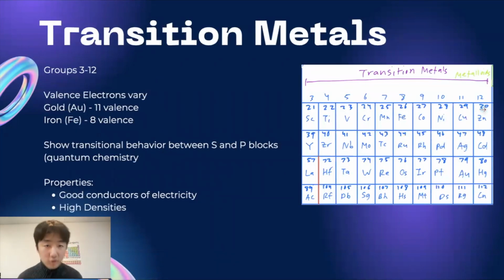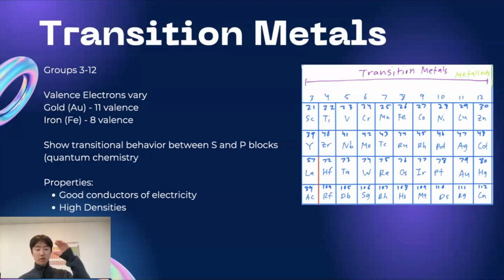To transition to the next slide, transition metals. You get my joke. These are group 3 to 12. Valence electrons vary according to the column. So for gold, since it's column 11, it has 11 valence electrons, and for iron, since it's column 8, it has 8 valence electrons. It's named a transition metal because it has transitional behavior from S and P blocks,